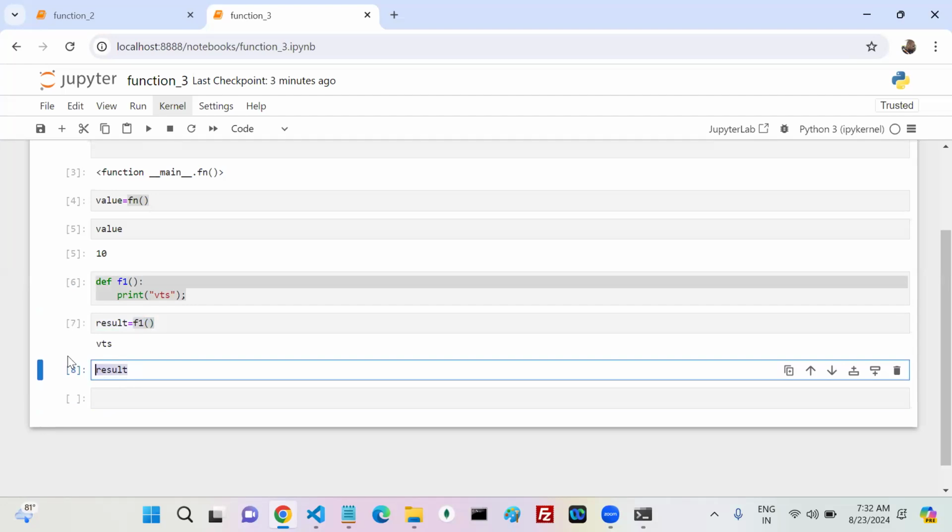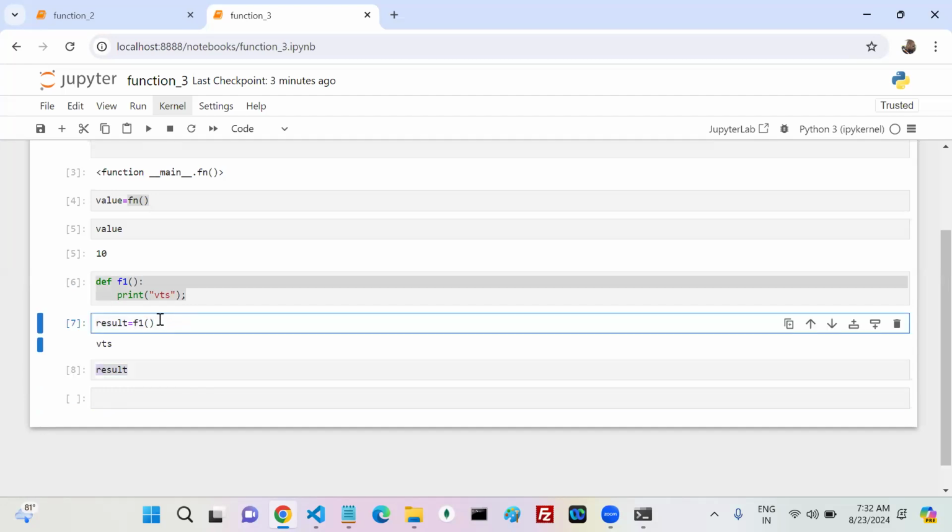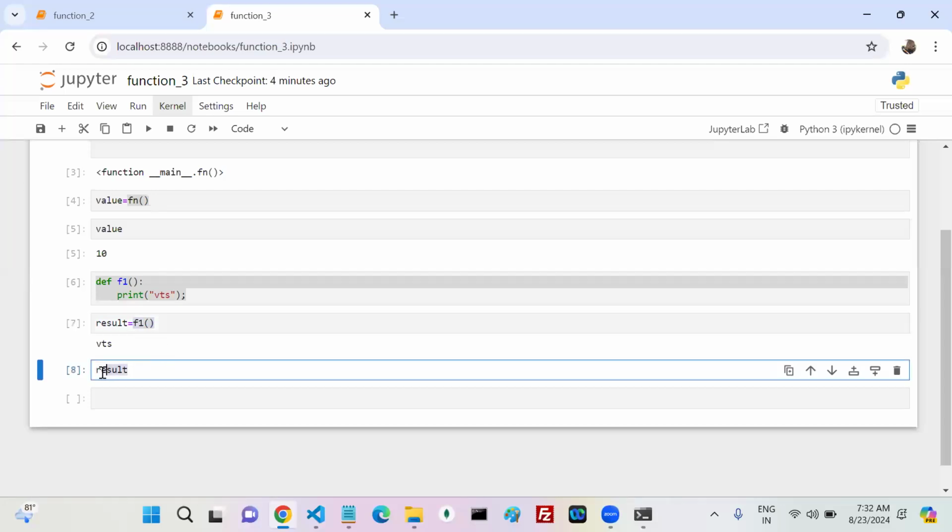No value, it is none. Does f1 return me anything? No, right? That's the reason my result is no value, nothing. Agreed, everyone? So far, good.